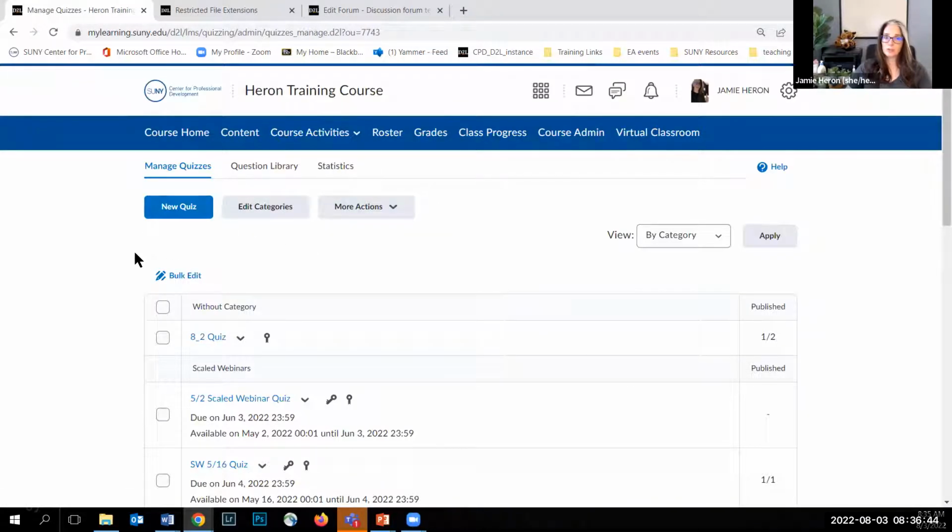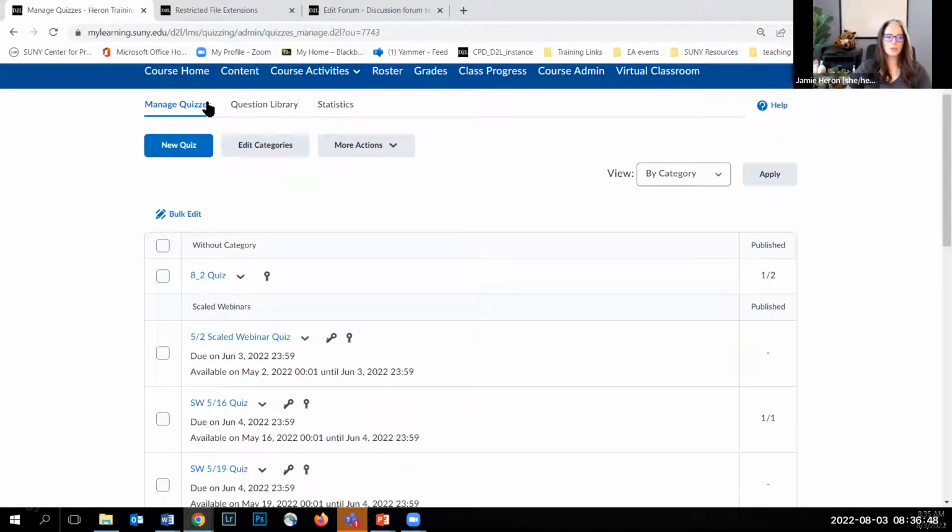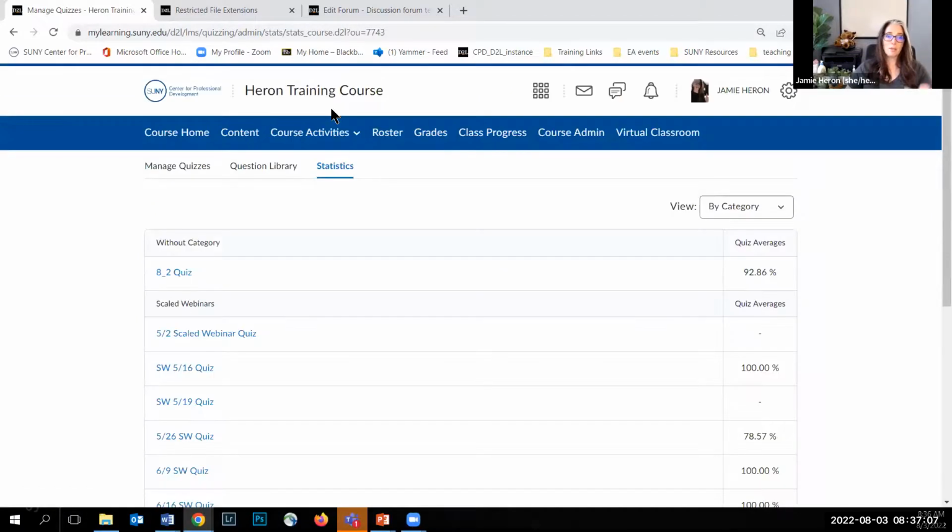And this looks really similar to the assignment area within Brightspace. And so what you'll see though is that we have 3 tabs on this page. This is the manage quizzes area where you'll have this table with all of your quizzes listed out in it. We have a question library, which we're going to come back to in just a moment. And then we have a statistics page, which is again a great way for you to come back after students